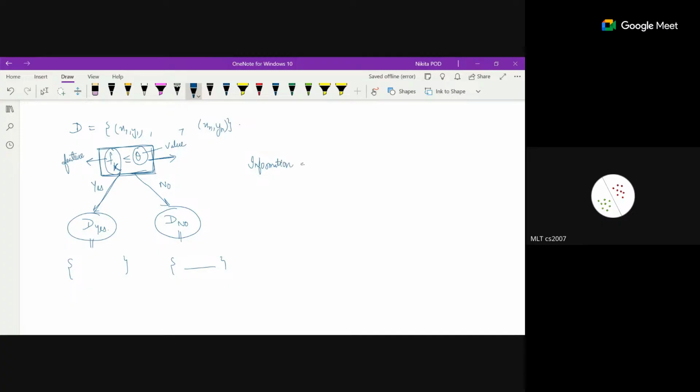The information gain. Whatever feature-value pair you have, what is the information that you have gained by asking this question? If you have a certain set of questions, for whichever question the information gain is the highest, I should be picking that question for our node. So this information gain is given by the